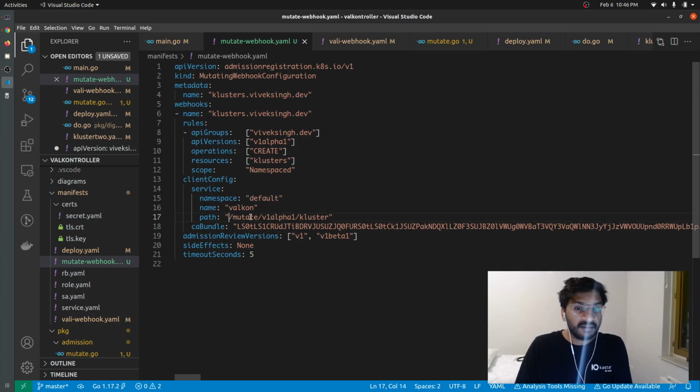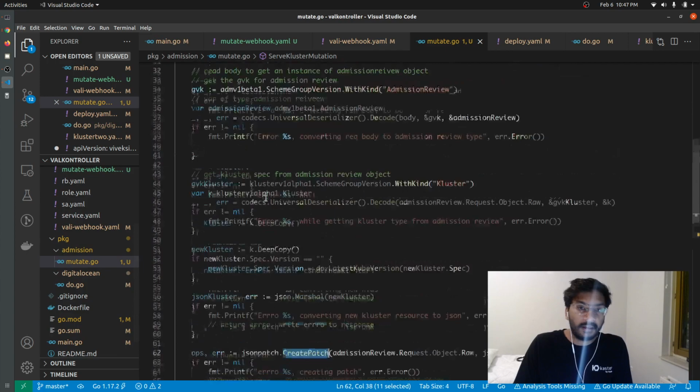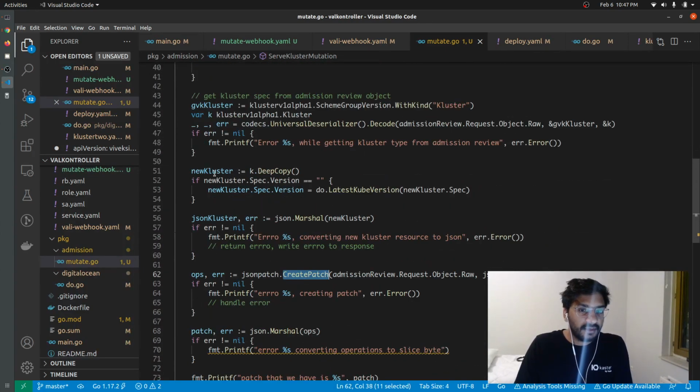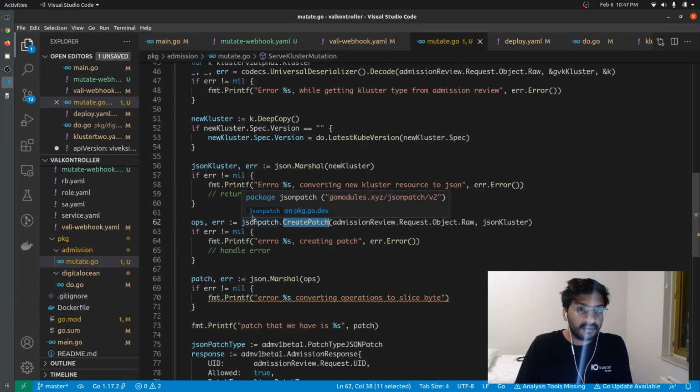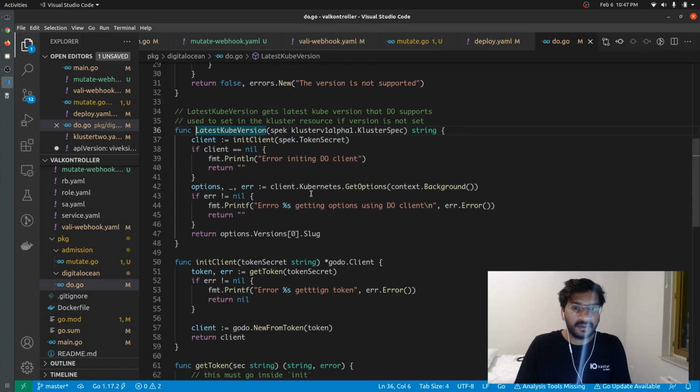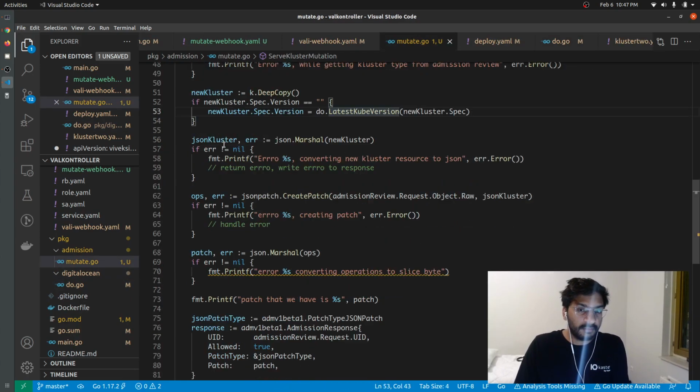At this particular location, we have written a program that gets the cluster and checks if cluster.spec.version is actually empty or not. If it's empty, then it is set to the newest version that DigitalOcean supports. And I think this is pretty easy logic. And once we have set up the version,